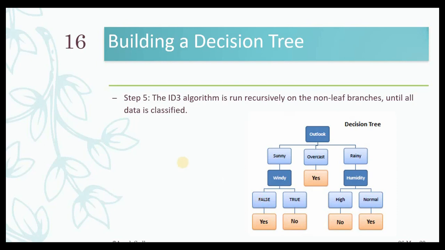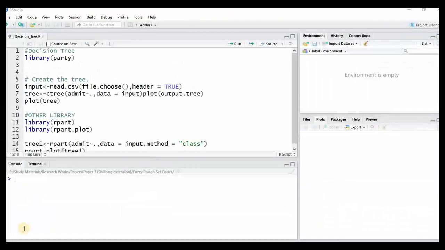Now we will move into R to see how the decision tree can be built in R. Here I will implement a decision tree using R. There are two libraries I will use. One library is called party and the other one is rpart. Both libraries are self-sufficient to create a decision tree. I mean, we can build a decision tree using the party library, or we can build a decision tree using the rpart library as well. I will describe with the same dataset how to create a decision tree using the party library first.